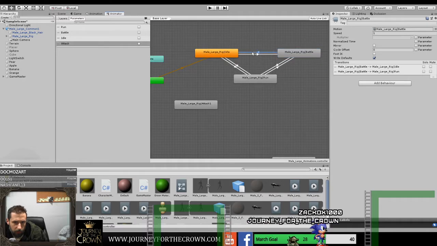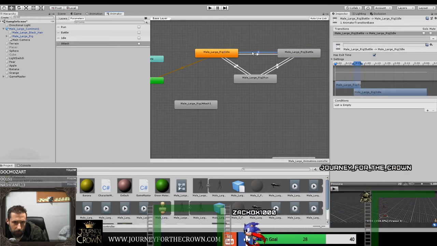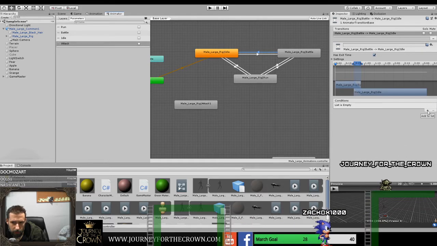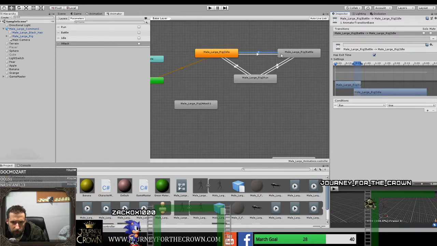So in order for these things to work properly, if you click on the actual little arrows here, you'll get some choices in this conditions area. Click on the plus symbol, and we have to make sure that we are doing the proper condition here. So for instance, I'm going from battle to idle. So what we want is that condition. So if we set this to idle,